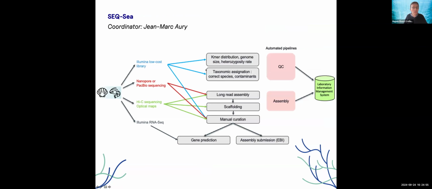So just briefly, for the sequencing, as I said, we're talking about reference genomes, so the complete genome assembled in chromosomes. This is done with different sequencing techniques that are going to be used, as illustrated here in color. I won't go into the details, but I'd be happy to answer questions if you want. But basically, the idea is to do a first survey of genome size, genome heterozygosity, polyploidy, and so on. Then choose the best long read technology to